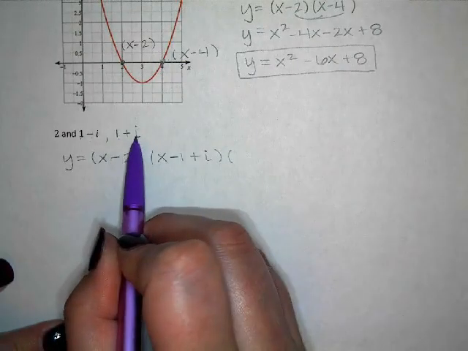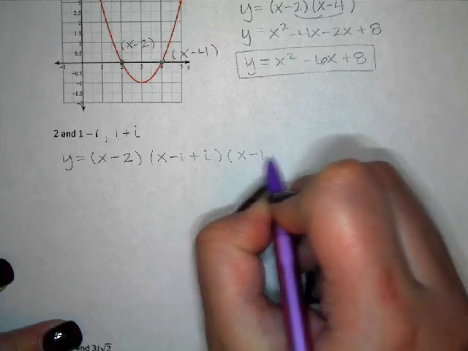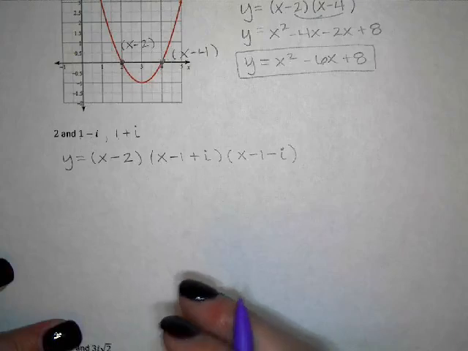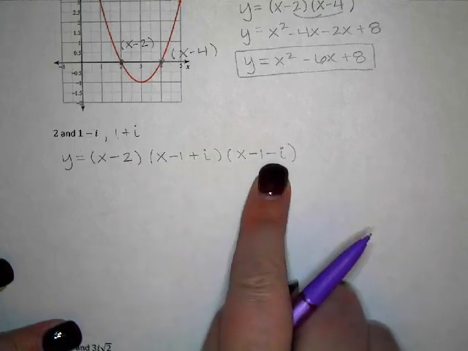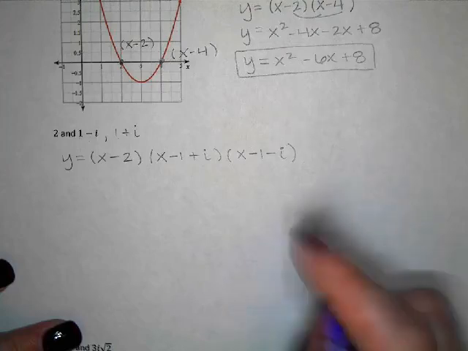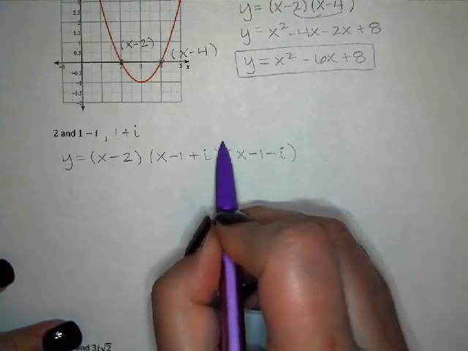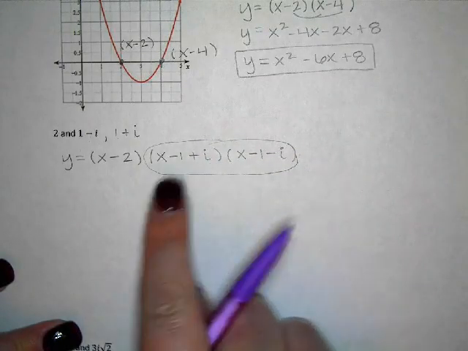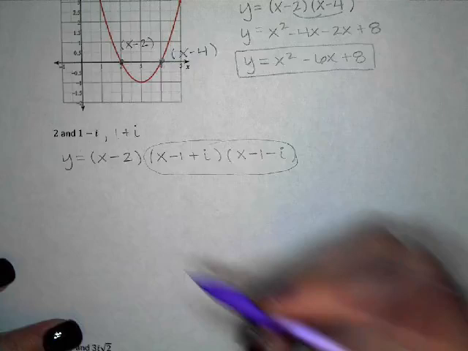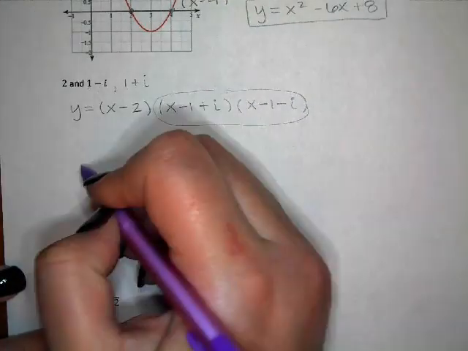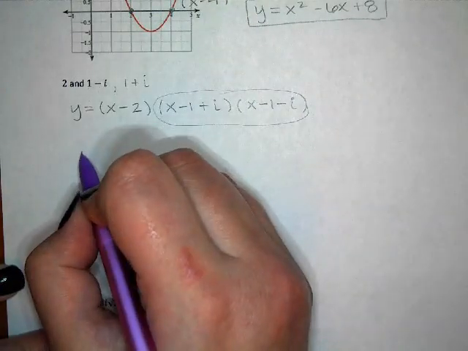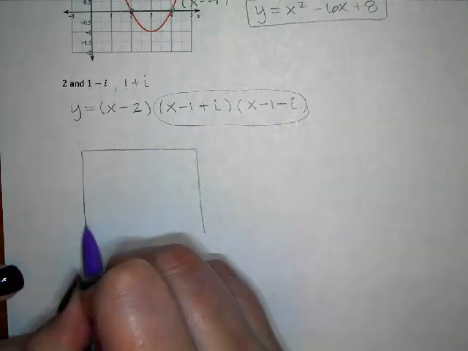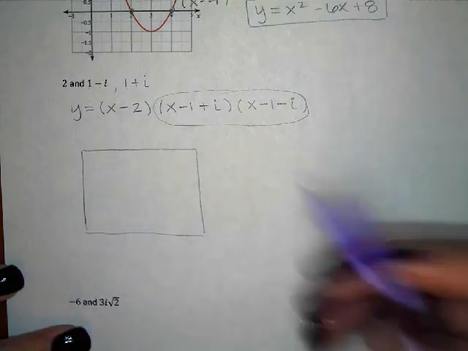And then when I multiply this out, the i's get a little bit messy unless you multiply them together. So I'm going to multiply these two sets of parentheses by each other. And then once I'm done with that, I'll take that product and multiply it by x minus 2. Now, some people are comfortable FOILing 3 terms times 3 terms, but I don't love it. And I have found that when students do it, sometimes they make mistakes. And so whenever I have something to multiply that's more than just 2 terms times 2 terms,